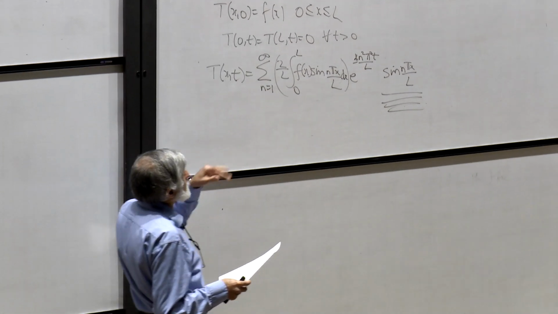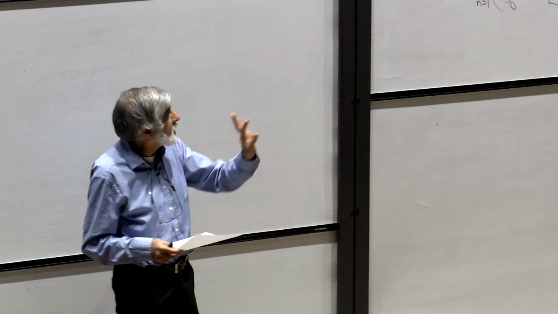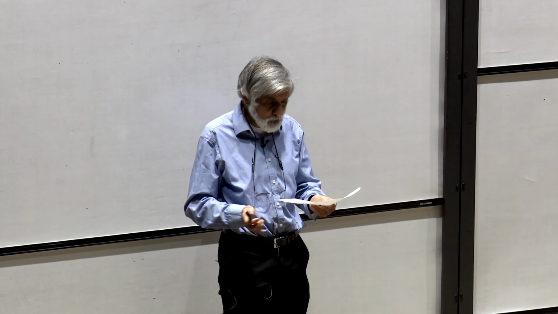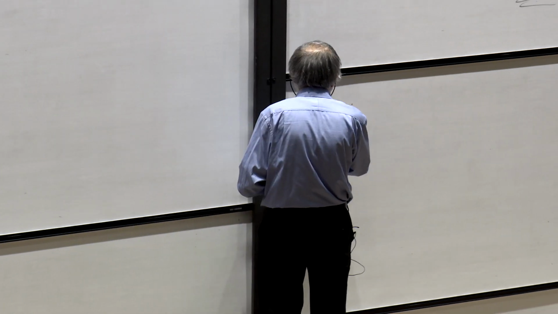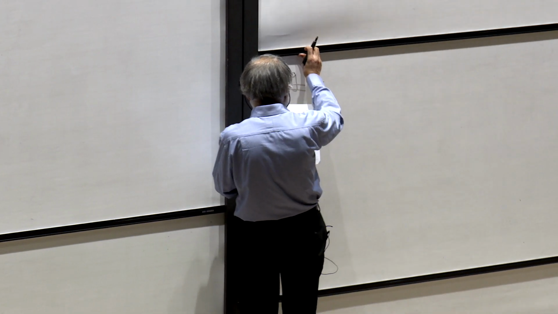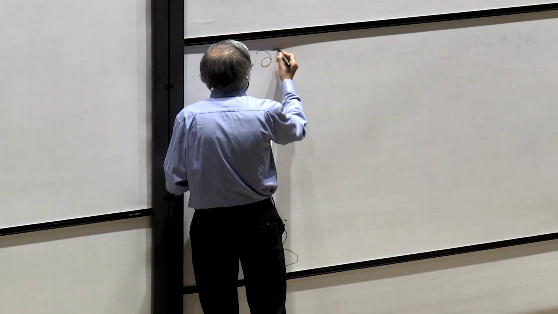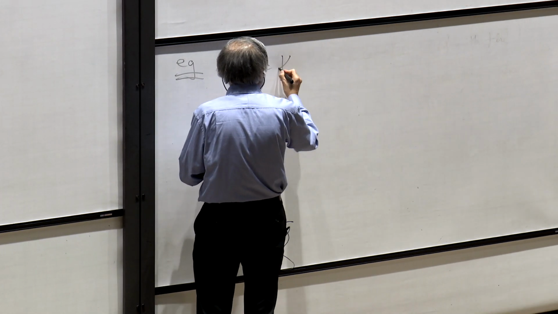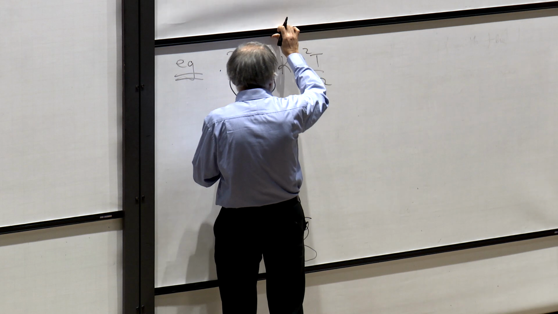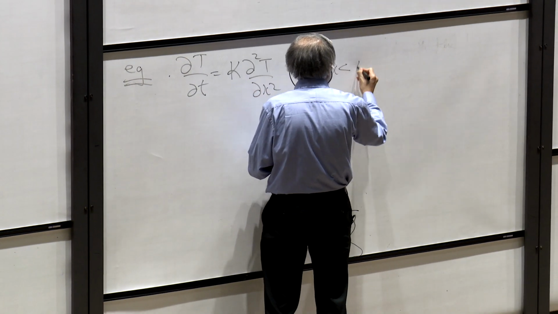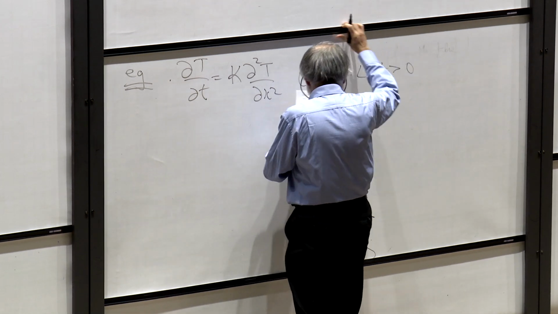Okay, so remember what we did last time: we solved the equation, and then we talked about different types of properties of the diffusion equation. So before we go on to prove uniqueness, I want to do one last example in this setup. Again, we've got the heat equation, or diffusion equation in general, with 0 less than x less than L, t bigger than 0.